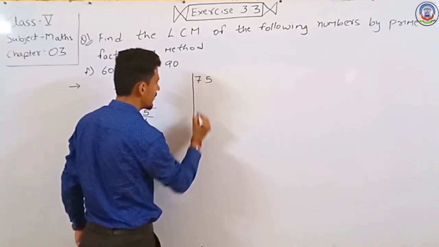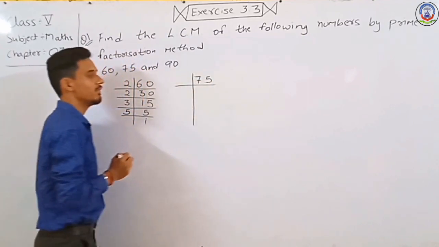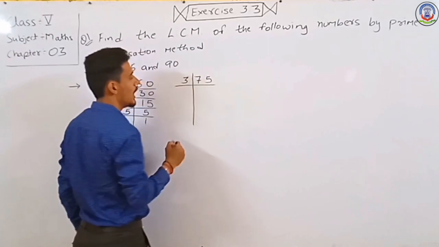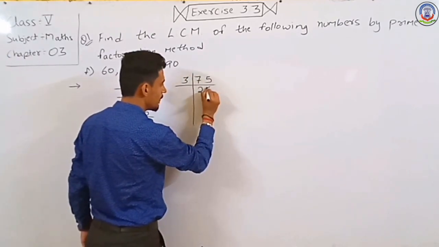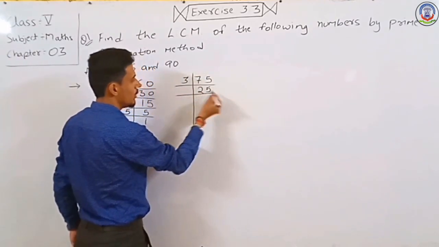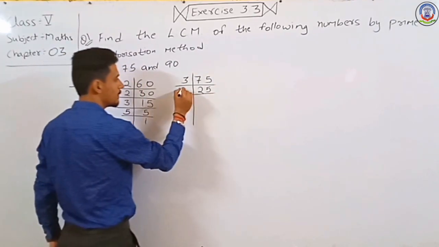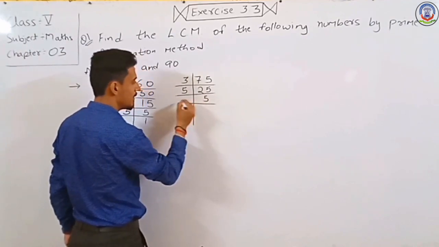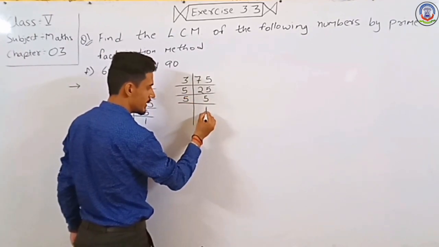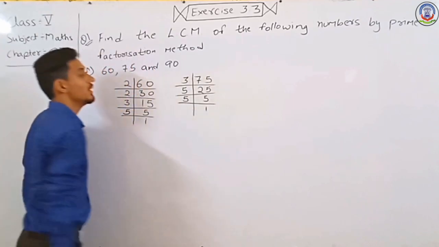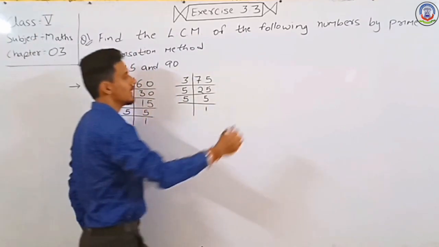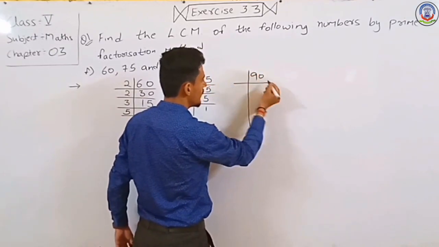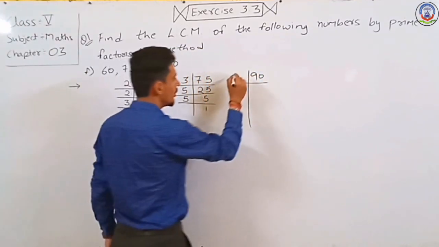Next we have 75, so here we write 75. Now 75 is divisible by 3, so we write here 3, and 25 times. Next, 25 is divisible by 5, so we write here 5 times. Next, 5 is a prime number, it divides itself 1 time. Next we have 90, so we write here 90 and it is divisible by 2, so we write here 2